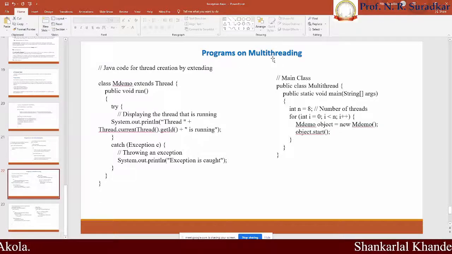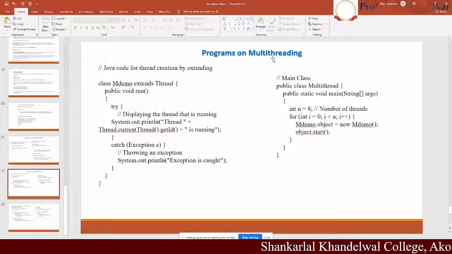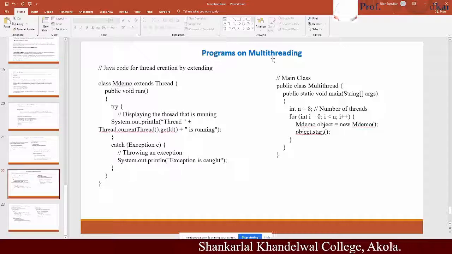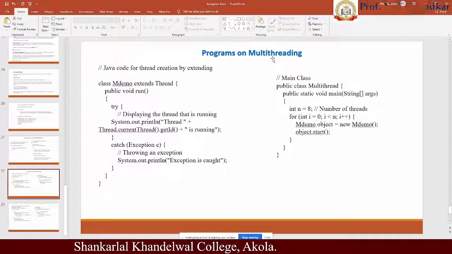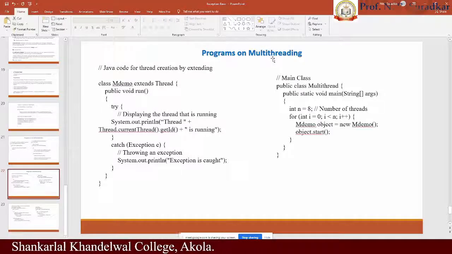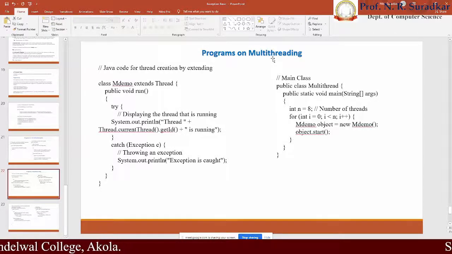What is the meaning of the multi-threading concept? Multi-threading is nothing but dividing one big program into small parts, and each part is defined as a thread. A thread is a type of independent program which executes its task independently. Suppose one program has 5 threads, 5 parts: every part executes itself independently, and all of them execute parallelly, meaning they are not dependent on each other.